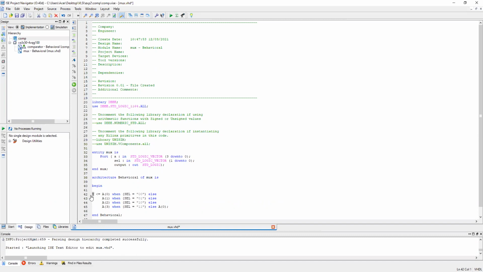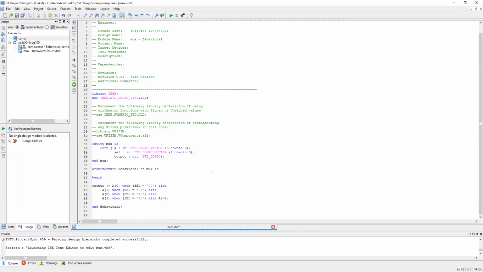So instead of Y, I have to put the output. Okay. So this is the code we have.